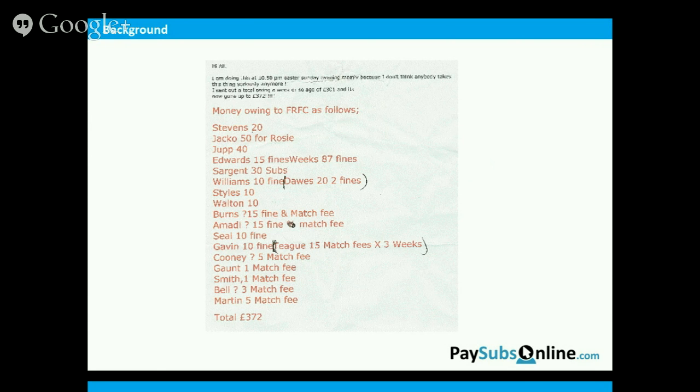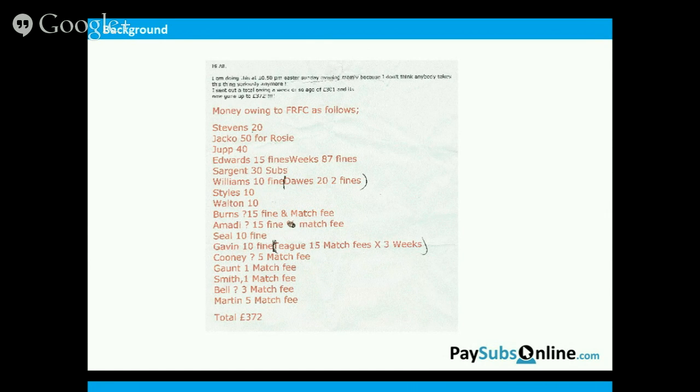I was also involved at this stage in running a youth football team, and I saw the problems. It was the beginning of the season. Parents were giving you paper forms and checks whilst you're trying to run a training session. And then, of course, I had to take that form and the money round to the membership secretary. The membership secretary had to do what he had to do with it, give the money to the treasurer, and it all just seemed very disjointed and very outdated. So that was really the nucleus for the idea, is let's try and make life easier.